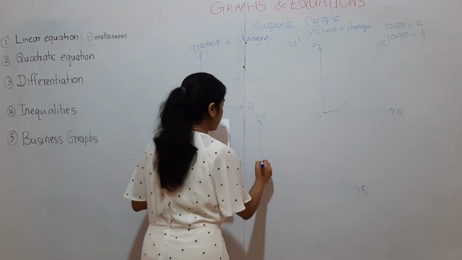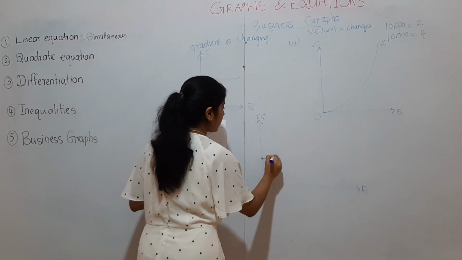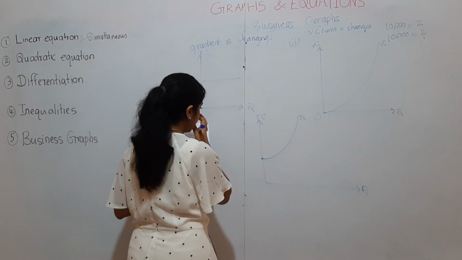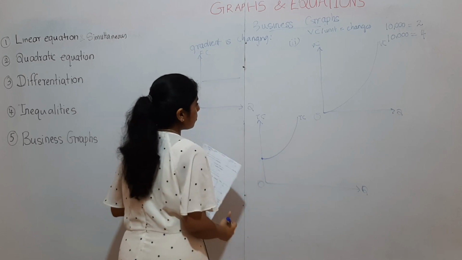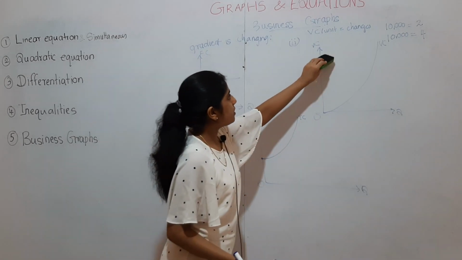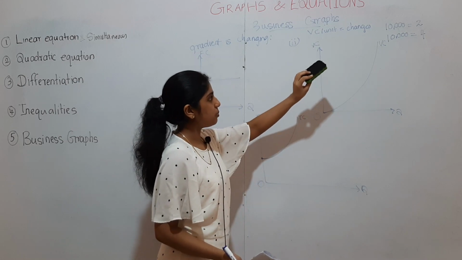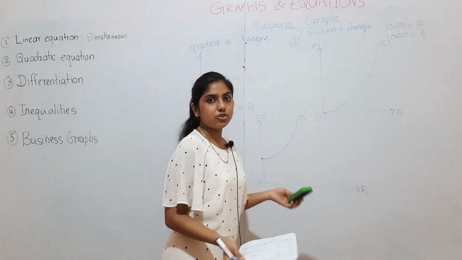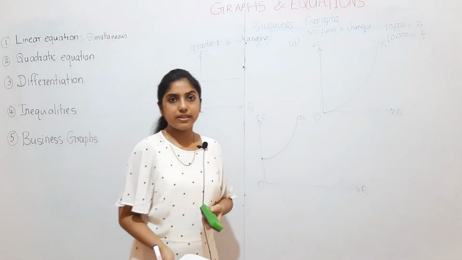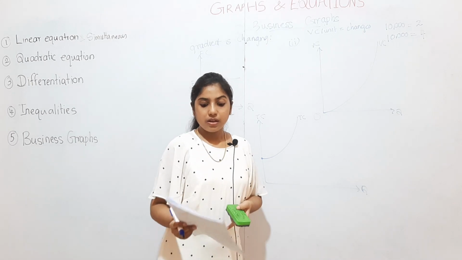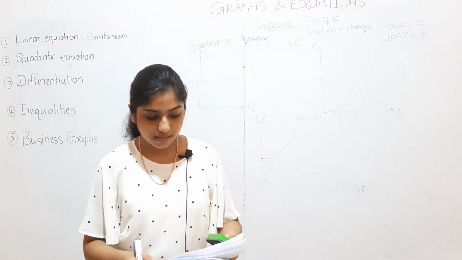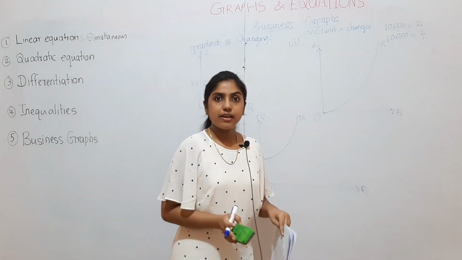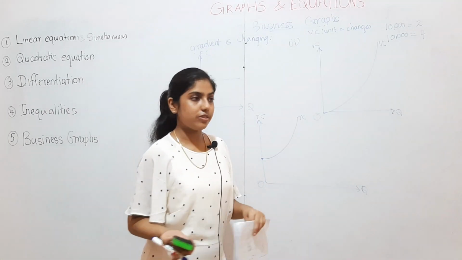How will it change? It will start from the fixed cost point but in a curve shape to the top. Okay. So this is how the change in variable cost per unit from 2 rupees to 4 rupees affects the shape of the graph. It changed from a straight line to a curve. Alright, now we saw it from the cost point of view. Now let's see it from the revenue point of view.